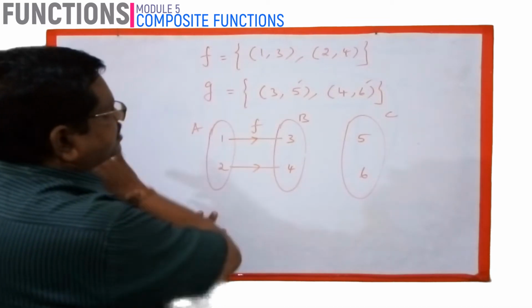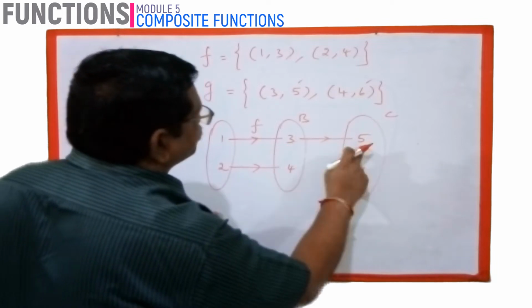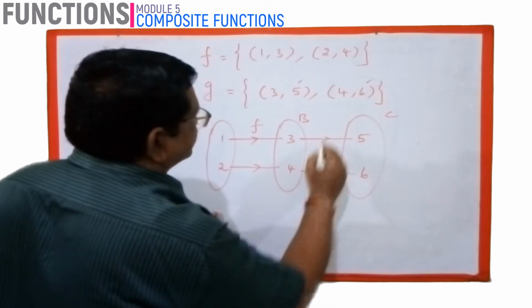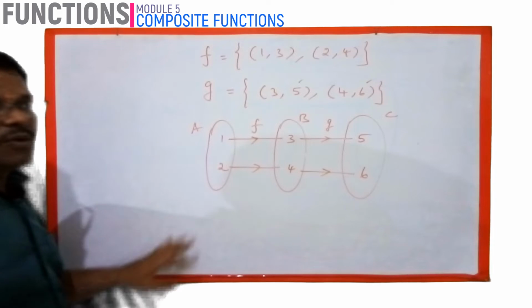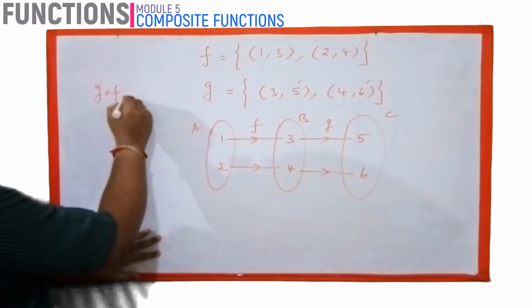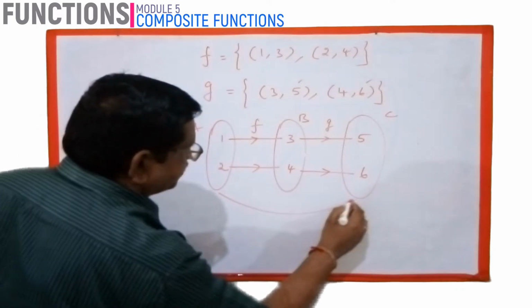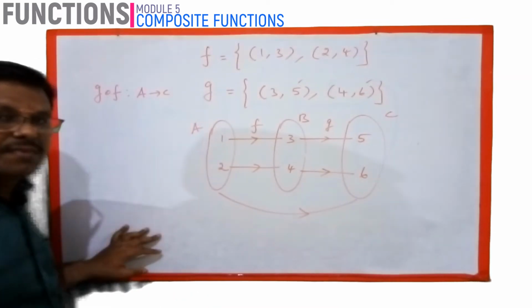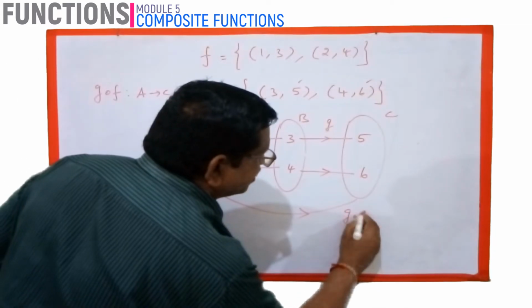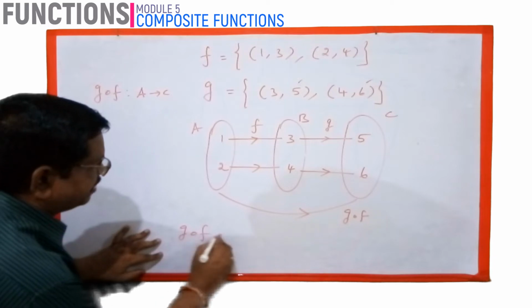Similarly, the function g is represented as 3 to 5, 4 to 6. This is the g function. Now as per the rule, g composite f function means it is from A to C. This is the g composite f function. Then how can we define it? G composite f is equal to